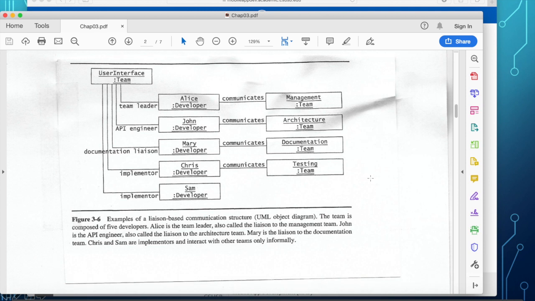All right. In this particular diagram, this is called a UML object diagram.